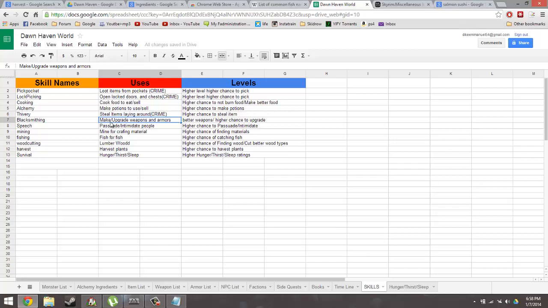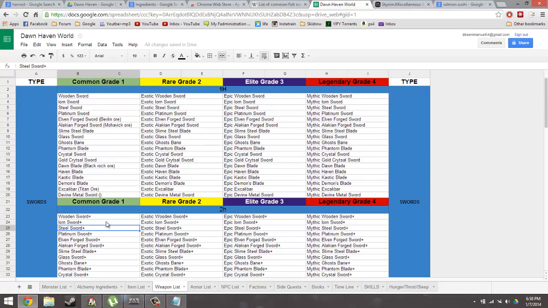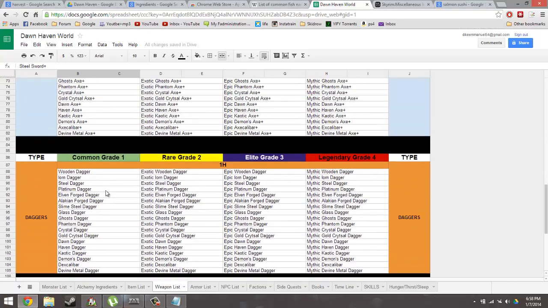So that's 4 grade levels in my game, which is, I have forgotten. Give me a second, weapon list. Okay, it's common, which are these. Common, rare, elite, and legendary, but they're tagged differently, so that's why I get them confused sometimes. So in the game, rare stuff are named with the prefix exotic in it and stuff like that. So it's common, exotic, epic, and mythic. So when you're at the highest level of blacksmithing, then you can start making the mythic stuff. But until then, you have to rely on